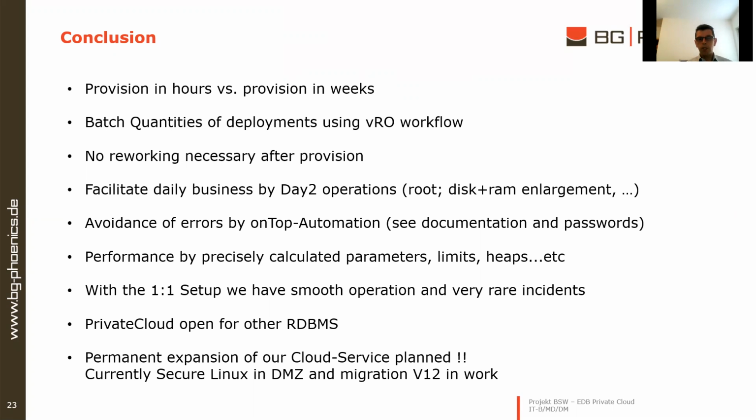We are currently working for other database systems in the same manner in the private cloud, and permanent expansion of our cloud service is planned. Currently there is a project to provide EnterpriseDB in the DMZ on secure Linux, and the migration to version 12 is also in work.